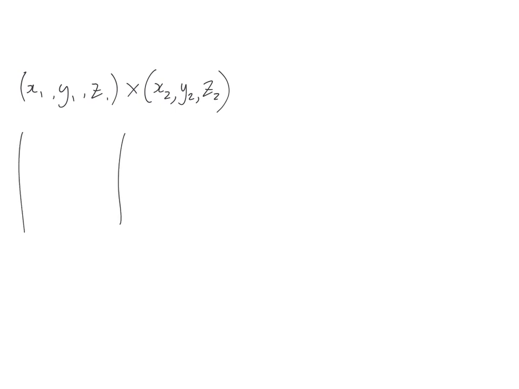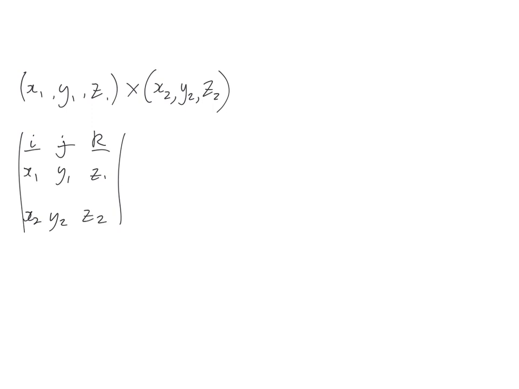I'm going to make a big mistake there if I carry on with that. So let's change the names of those things. X1, Y1, Z1, cross X2, Y2, Z2. So the way I was taught to do this was to work out the determinant of this matrix, where I've got my basis vectors on the top row, and then my first vector, and then my second vector.